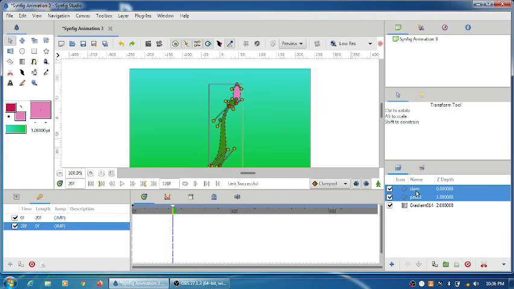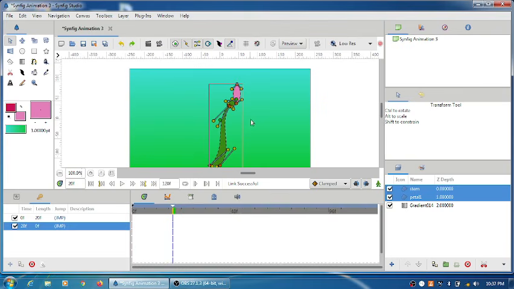First select both the layers, stem and the petal, then click on the origin point, that is the green point of the petal, right, the center point, and then click on the top vertex of the stem by pressing the shift key. So first click on the origin point of the petal, press shift and click on the top vertex of the stem tool, and now right click on it.